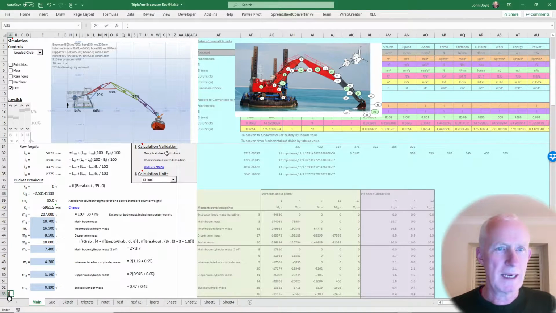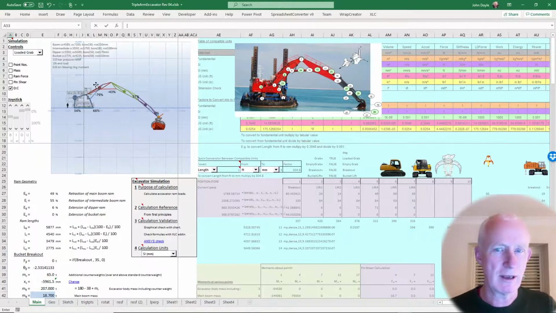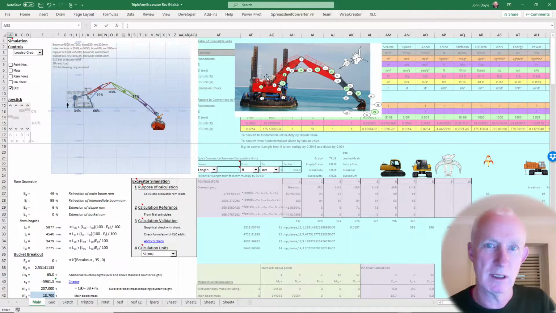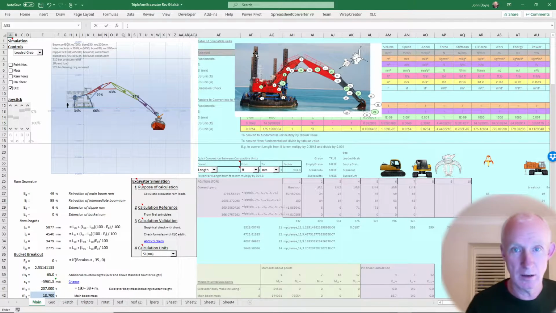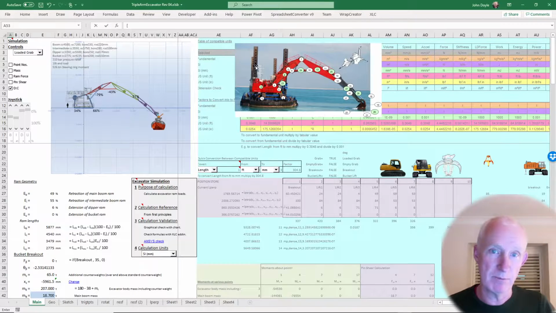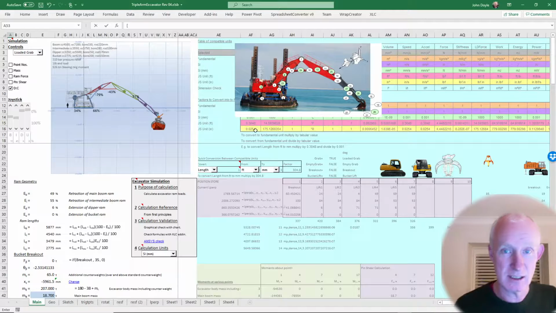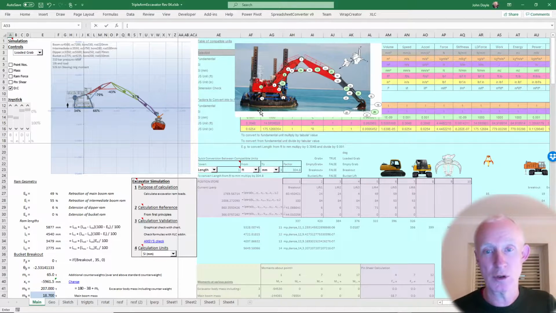So I'm just jumping in a little here to the calculation that has already been described in the previous video. What's interesting here is you can see a picture of the product it was based upon. And you can also see how we sit these machines on a pontoon. These legs extend down onto the seabed to provide a more stable platform for the excavator to